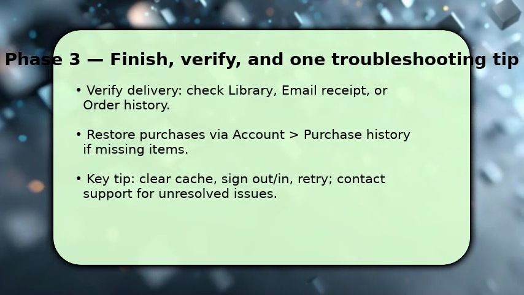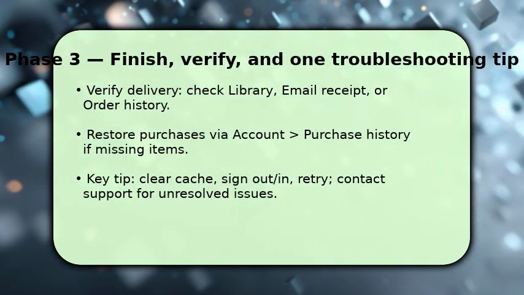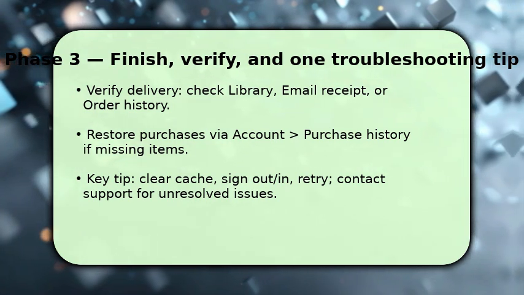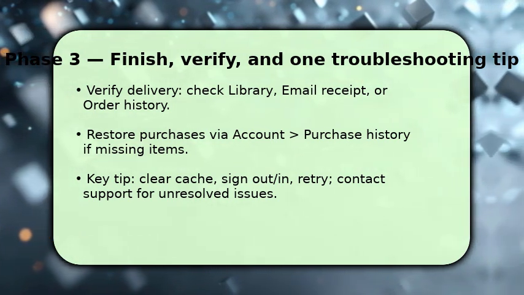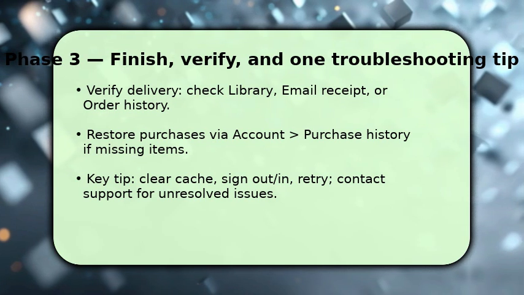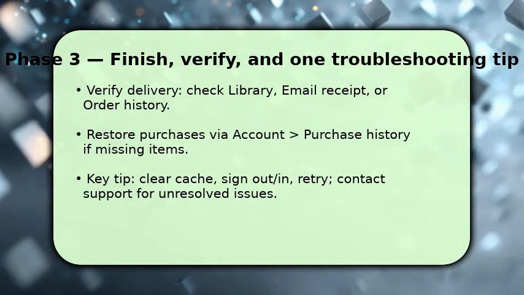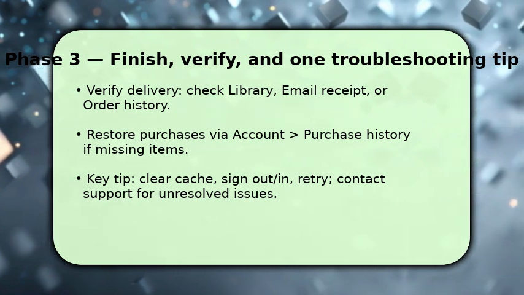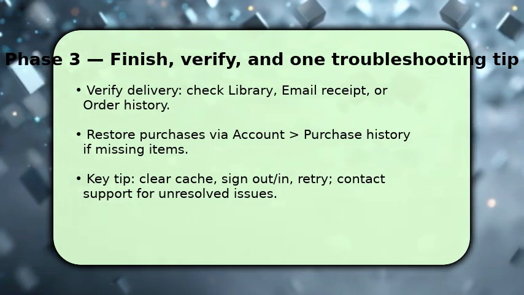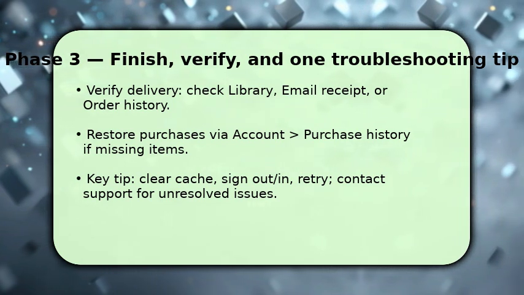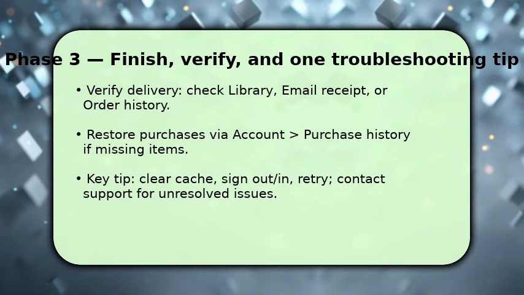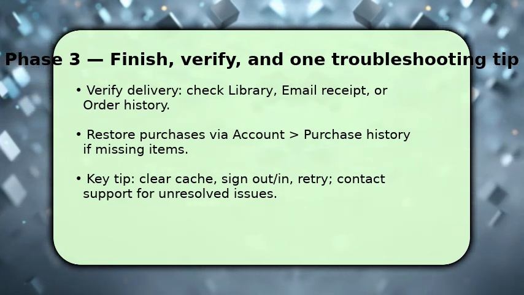You finish by confirming the goodies arrived. Check your library, order history, and email receipt. If something is missing, use Account Purchase History to restore purchases or trigger a re-download, and make sure apps are up to date. If you hit errors, clear the app cache, sign out and sign back in, and retry the claim. If that fails, document the error message and contact Google support. One key troubleshooting tip: always retry after clearing cache before escalating, because transient errors